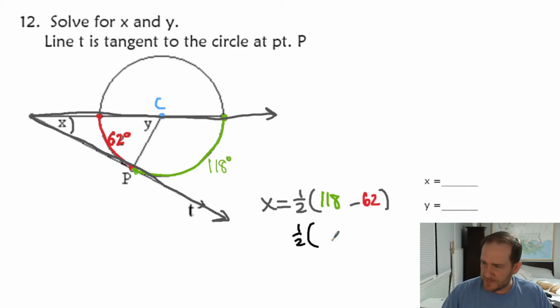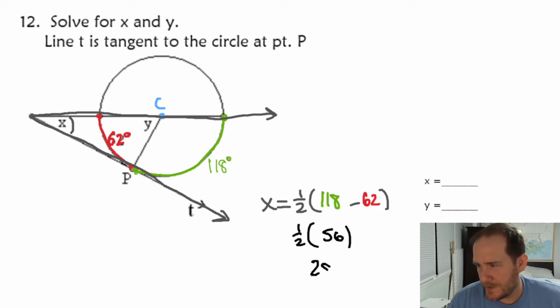I don't feel like doing math tonight. 56. There, I did it. It's 56. But for some reason my brain doesn't feel so good, so I'm going to double check. 118 minus 62. 56. Alright, 56. And half of 56 is 28. And guess what? Didn't I already say it was 28